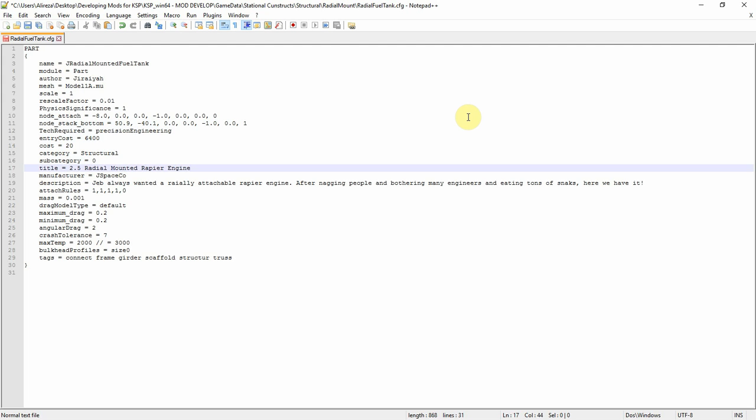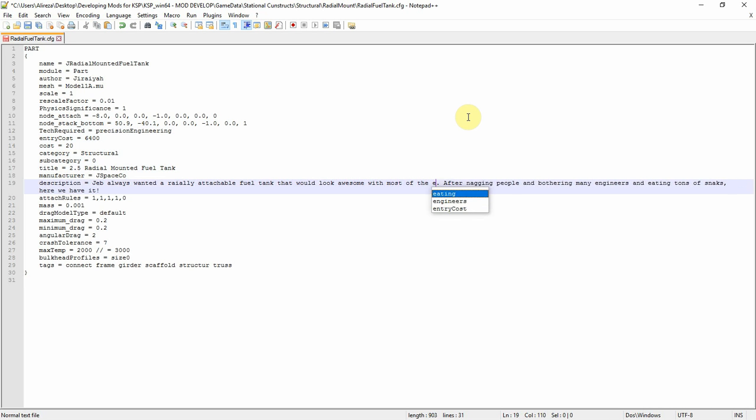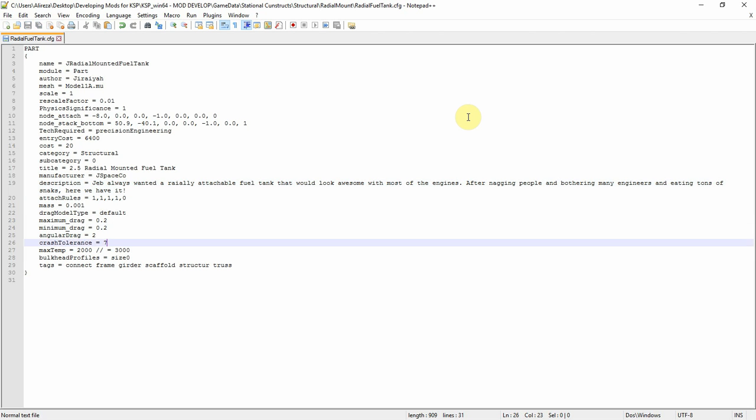I will come back to that, and this is fuel tank. Always wanted a radially attached fuel tank that would look awesome with most of the engines. Okay, the rest is the same. Okay, so